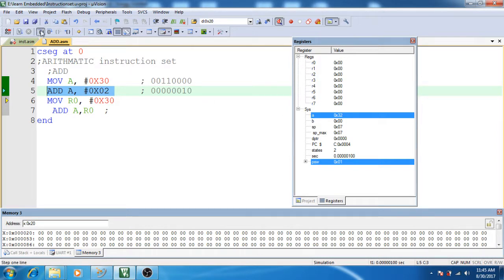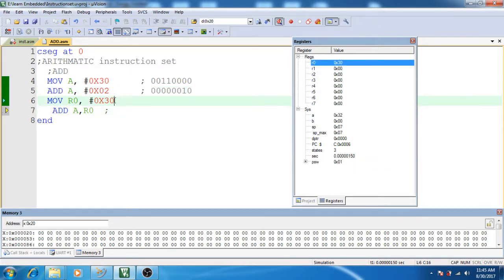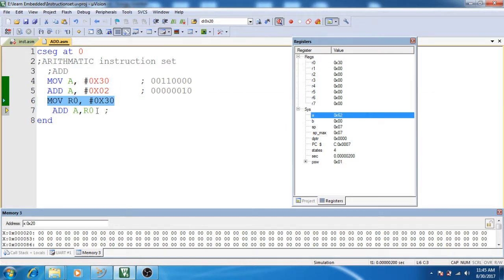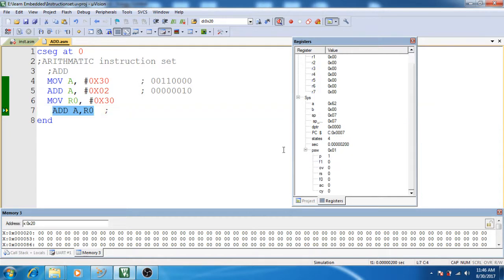Now again if I run this code, due to this instruction R0 contains 30, and if I again run this code, now ADD adds the value inside A plus the value inside R0. R0 contains 30 and A contains 32, so the output will be 62. Okay,